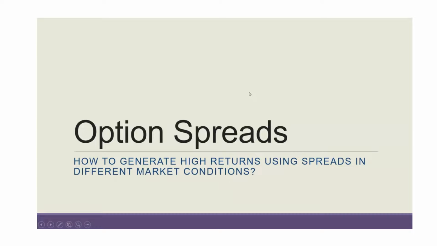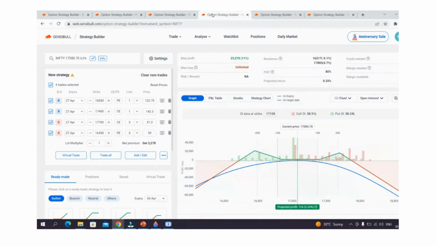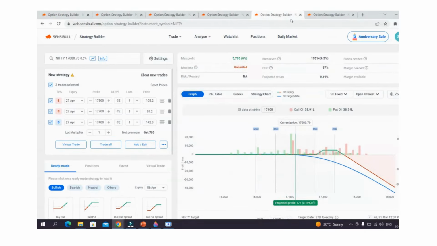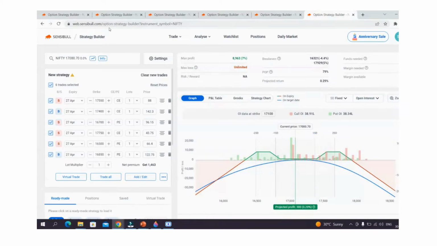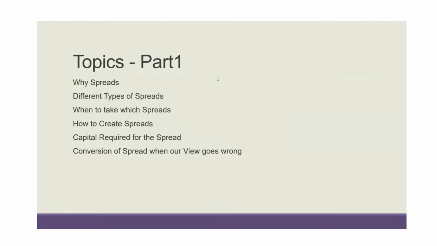Today we are going to discuss one of the very important and very simple strategies, option spreads. We have various option spread types: debit spread, credit spread, ratio spread, double ratio spread, Jade Lizard, double Jade Lizard. So we will see various topics around these spreads, and we will do it in part 1 and part 2. In part 2, we'll back test these strategies using Abstract Simulator for various market conditions